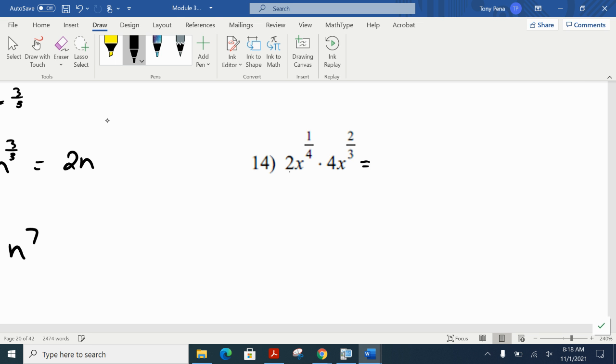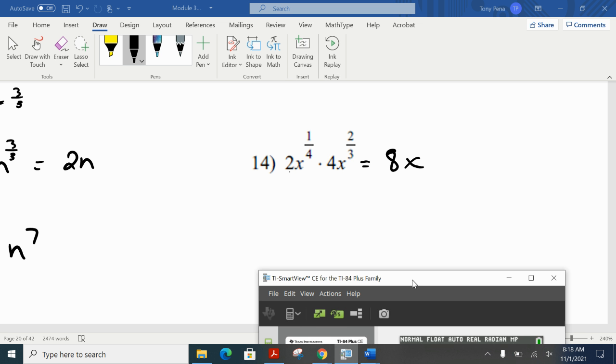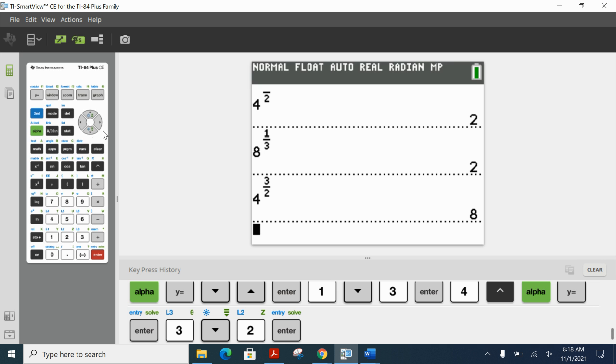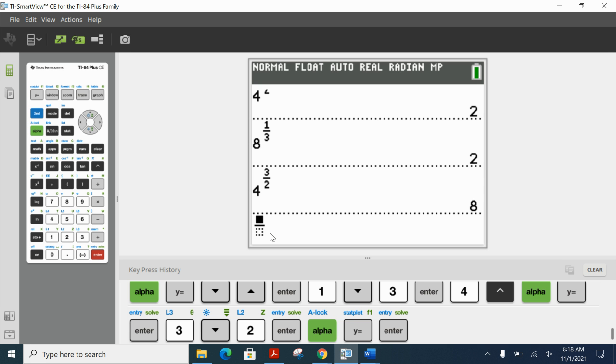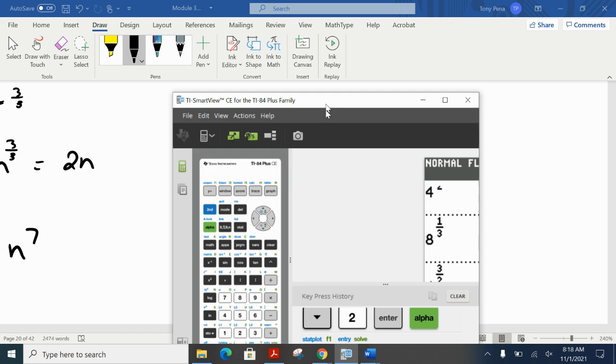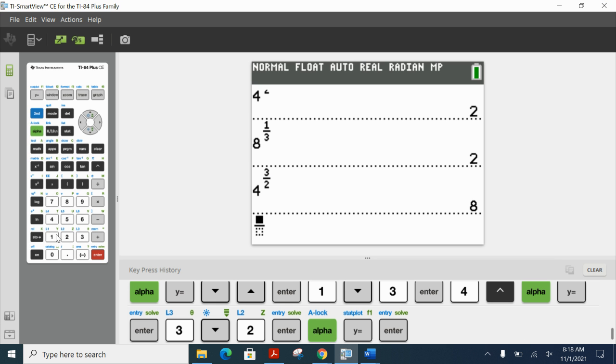All right. So you should do 2 times 4. That's the easy one. A lot of people are plugging this into the calculator. If you don't know how to do this without your calculator, even if you do, if you have the calculator in your hand, you might as well use it. So just a quick refresher again. If you haven't done it, what we're adding together is a 1/4 and a 2/3. So you can get to that fraction key, hit the alpha button, and then the y equals. The very first one is a numerator over a denominator. So if I hit that, notice how it pops up that fraction. And then the first one we want is just this 1/4. So I'm just doing 1/4 plus a 2/3. So I type that in,